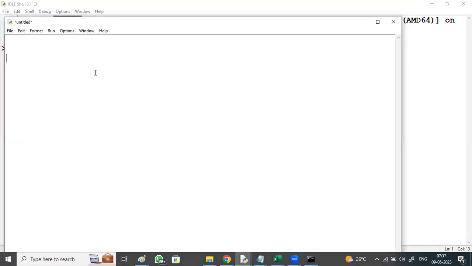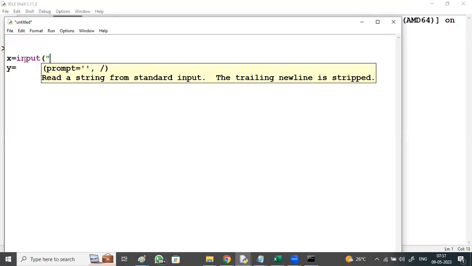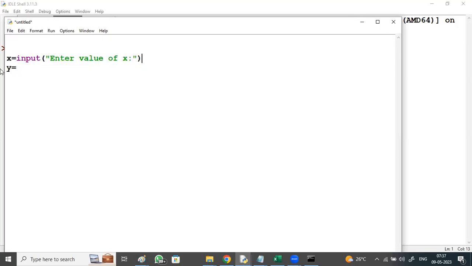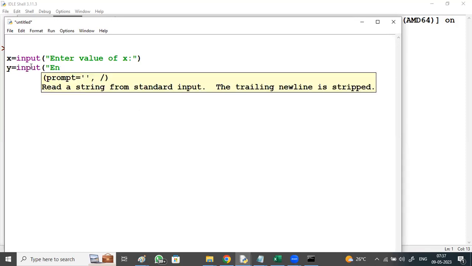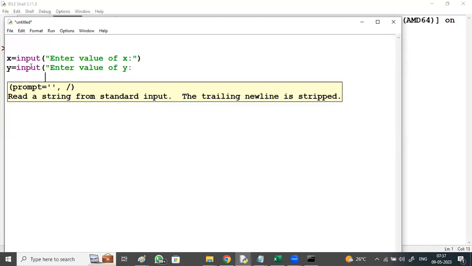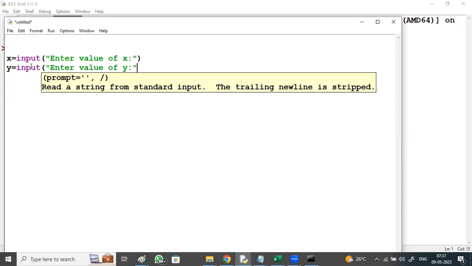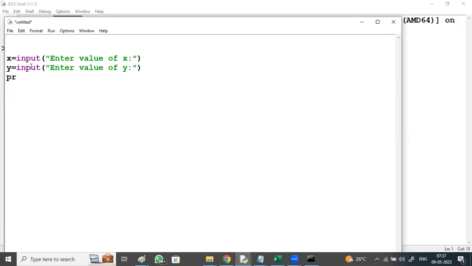I require two numbers, X and Y. Using the input function, I'll input the values for X and Y. Enter value of X, enter value of Y. Print X plus Y, that's it.